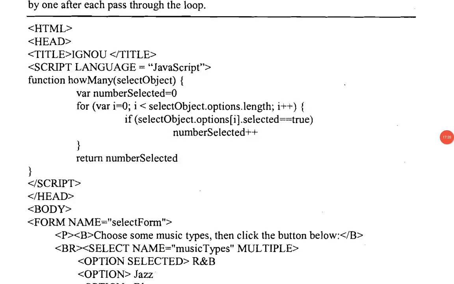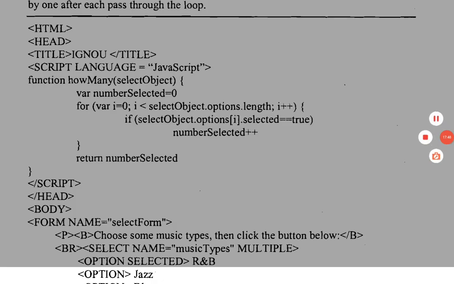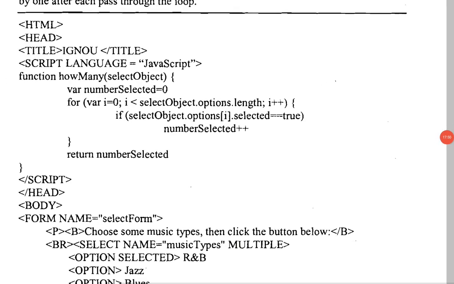So, this is a simple example of HTML code with JavaScript code. This is the simple example program of using JavaScript. So, HTML, head, title, /title, script. So, how to write a JavaScript code in HTML? By using